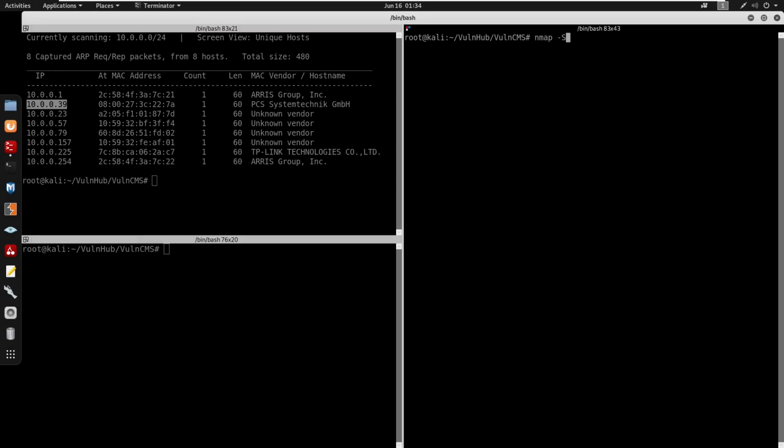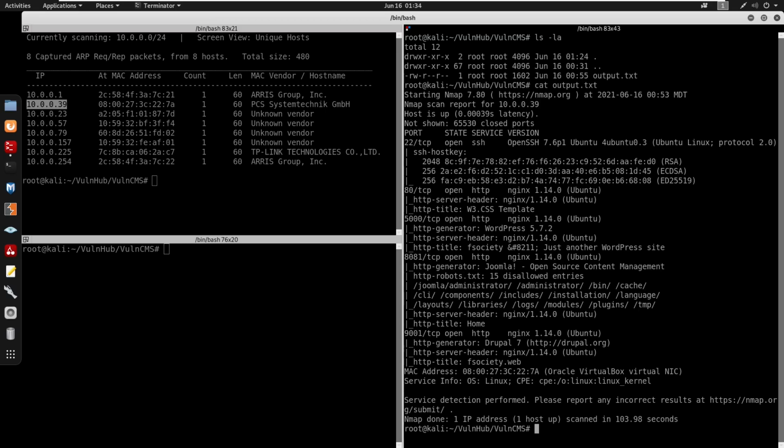So I'll do nmap -sC for default scripts, -sV for enumeration, and we'll scan all ports on the IP. I already ran an Nmap scan, so I'm just going to cat output.txt. We have port 22 open for SSH, port 80 open for HTTP, port 5000 open for HTTP, which is running WordPress 5.7.2, port 8081, which is running Joomla, and port 9001, which is running Drupal 7,